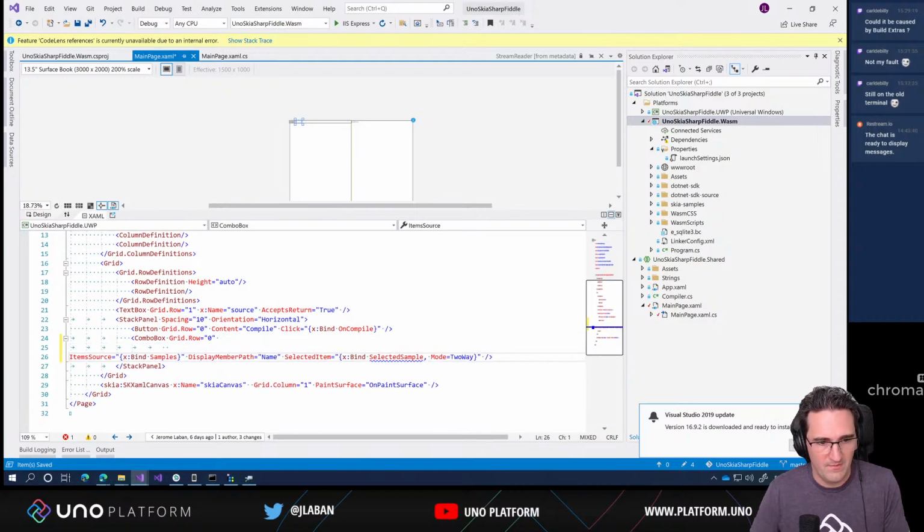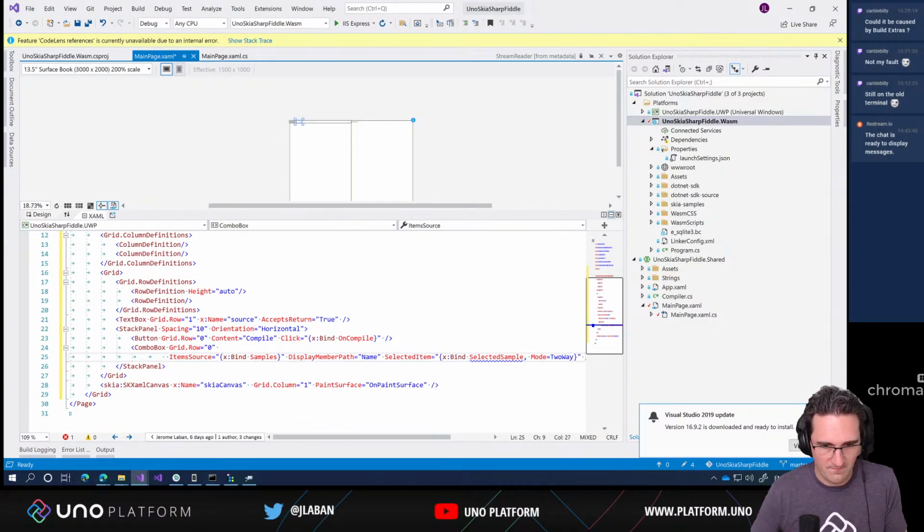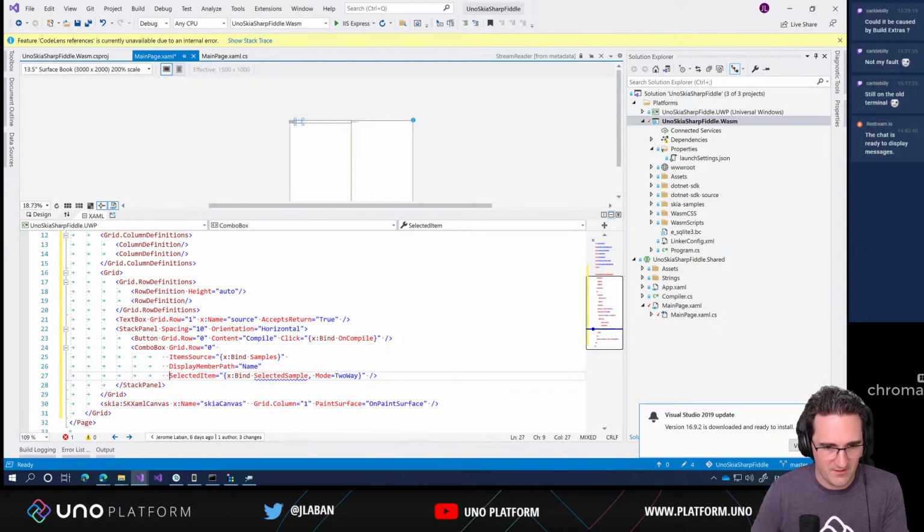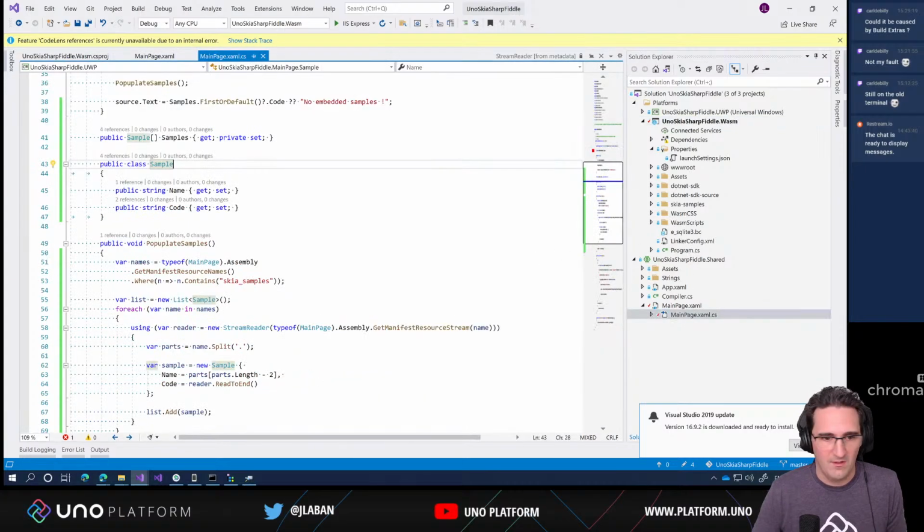Yeah, I probably need to enable that. There's a feature in Visual Studio that allows you to align that properly without having to press enter multiple times. It's not enabled in my version here, but I'll probably do that next week. Okay, so there's selected sample, and then we do